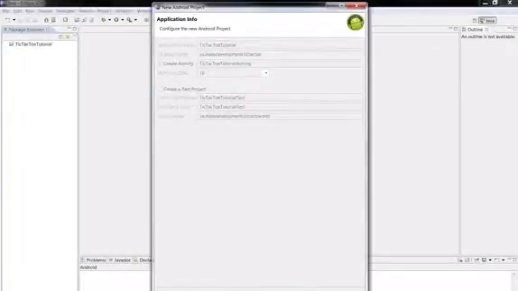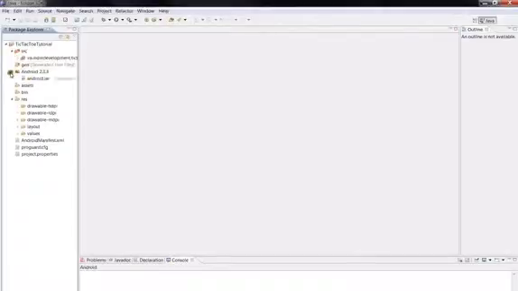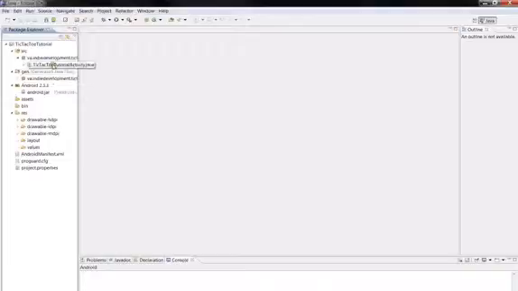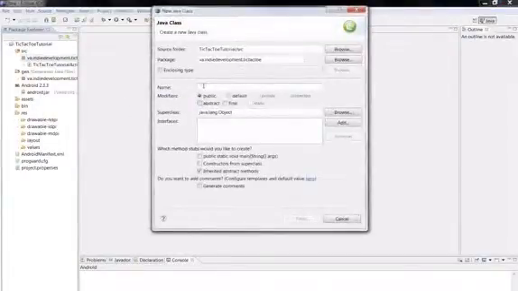So we'll go ahead and set up our project, and as you can see, it's still generating some of the stuff here. Okay. So we're not really going to go into too much of this right now. We'll get into that later on. So first, we're just going to make the actual Java file that's going to go with this. Let's right-click on our package name, new class, and let's name it